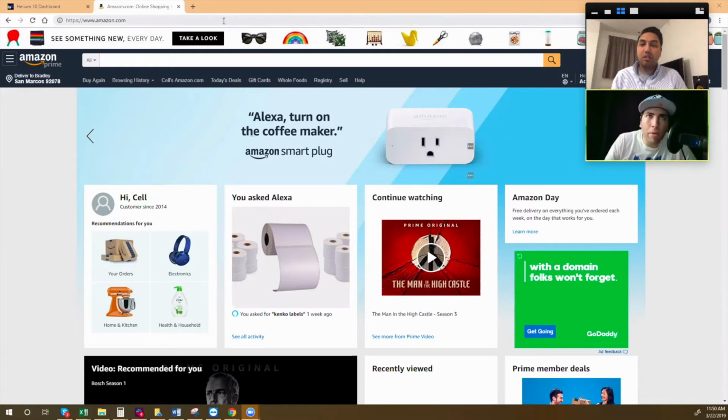Where are we going to start? Are we going to search at Amazon.com or .co.uk? Where do you want to search? Let's go .com. Okay, Amazon.com. Give me a specific product in mind, and I can find it here on Amazon.